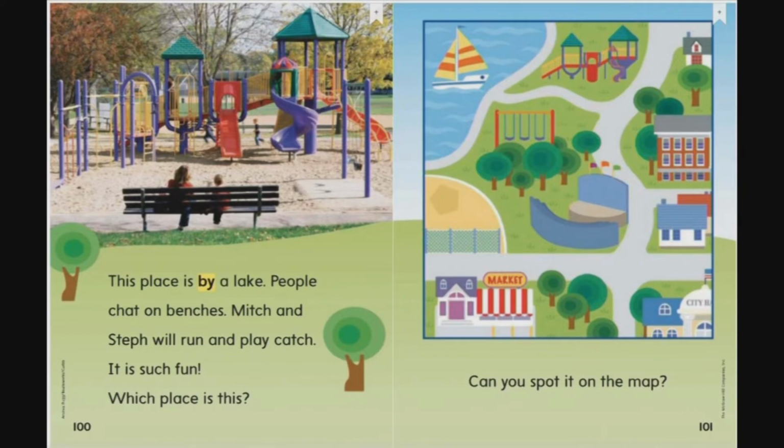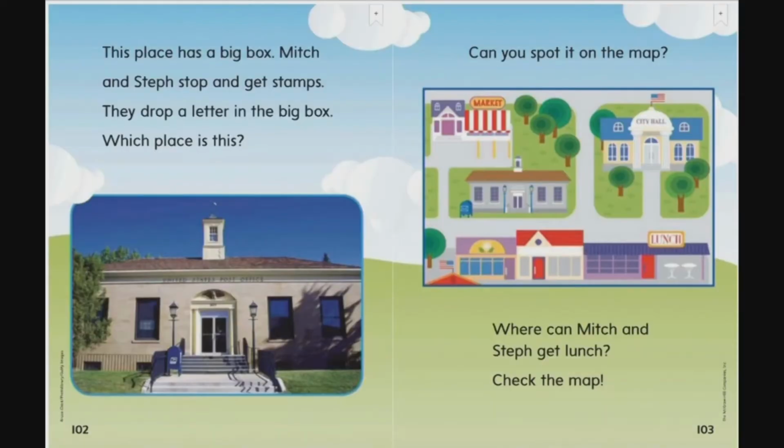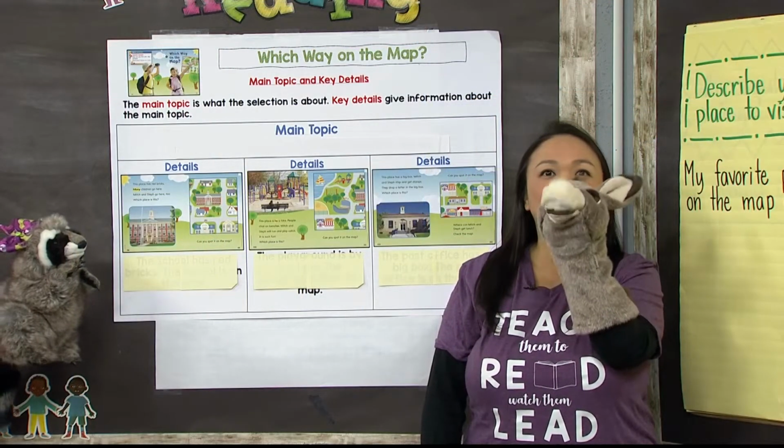This place is by a lake. People chat on benches. Mitch and Steph will run and play catch. It is such fun. Which place is this? Can you spot it on the map? This place has a big box. Mitch and Steph stop and get stamps. They drop a letter in the big box. Which place is this? Can you spot it on the map? Where can Mitch and Steph get lunch? Check the map. Look at all those